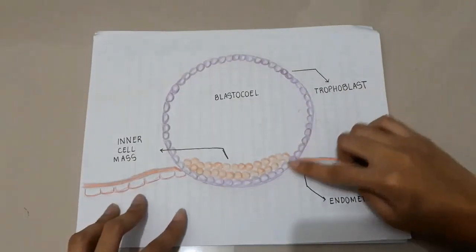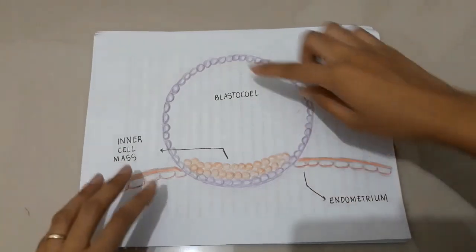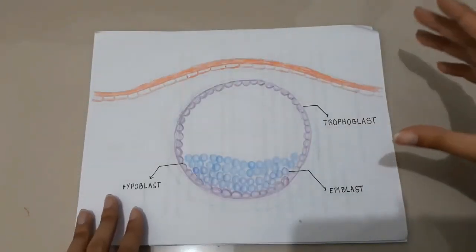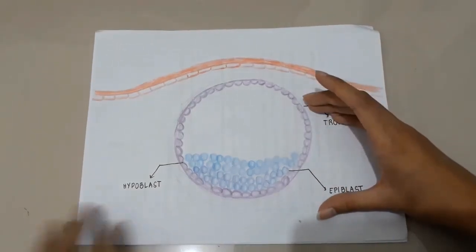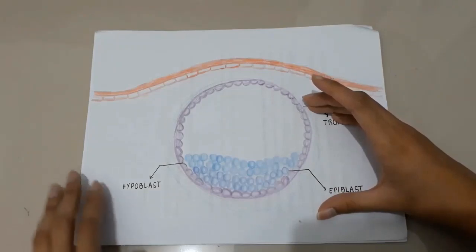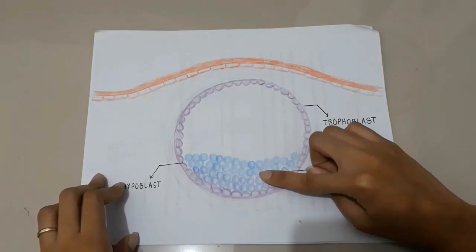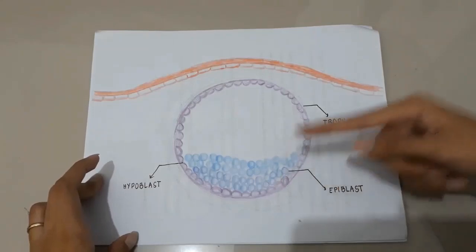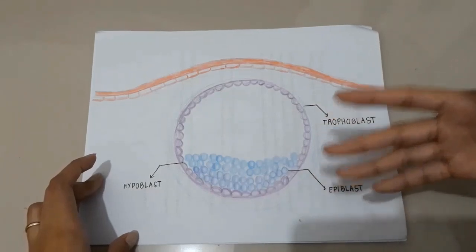This trophoblast excretes digestive enzymes. This helps the blastocyst make its way entirely into the endometrium. We can see in this diagram that the blastocyst is now entirely inside the endometrium. This inner cell mass is now differentiated into different types of cells: the hypoblast and the epiblast. The hypoblast cells will eventually form the endoderm, while the epiblast will form the